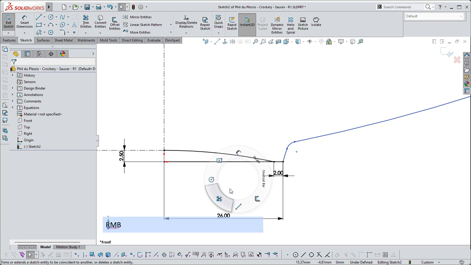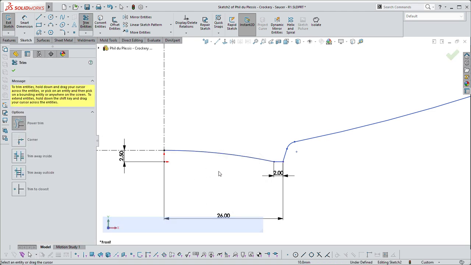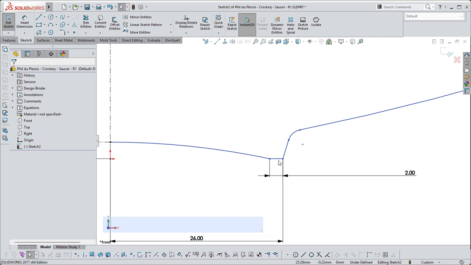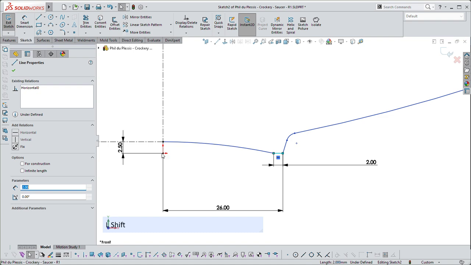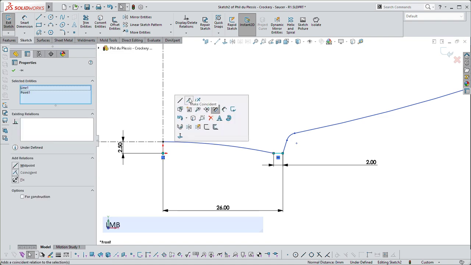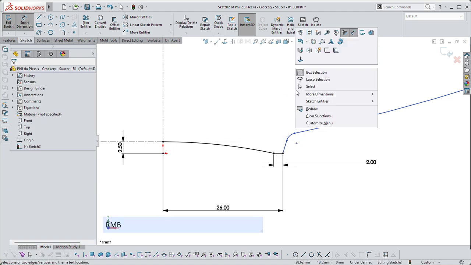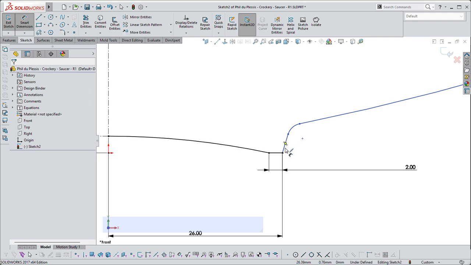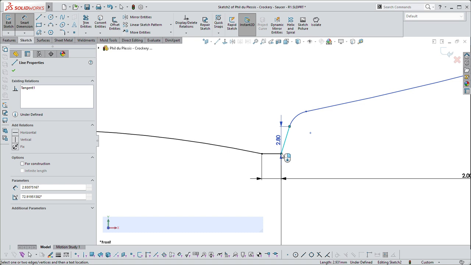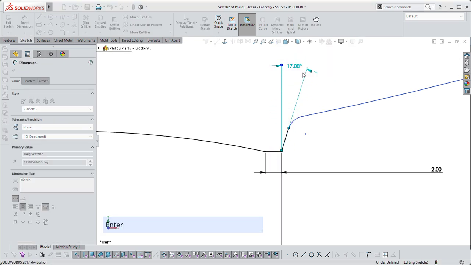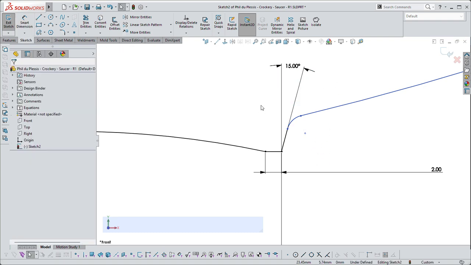Okay, so I need to get rid of that line there, and then what's happened by deleting that line, I've taken away the relationship between this line and that center point. So just reintroduce it to make it coincident. You see it goes black. Put a few more dimensions in, so I'm going to select the line, go to one of the ends, click on one of the arms, give this a rounded off dimension,